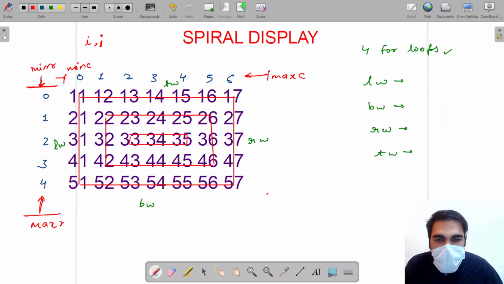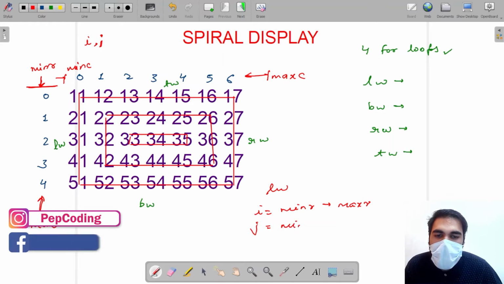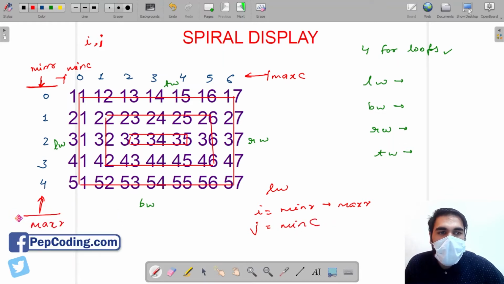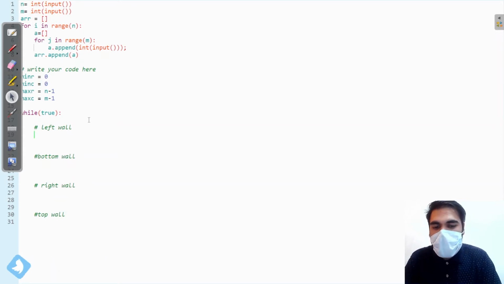That is, if we talk about the left wall, i will be moving from min row to max row, and our j will be fixed at min column. So we have to write it first like this, and our i will be incremented every time.